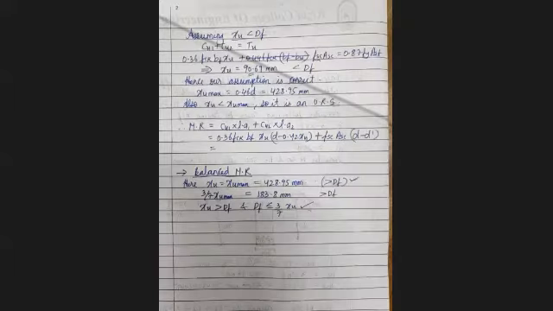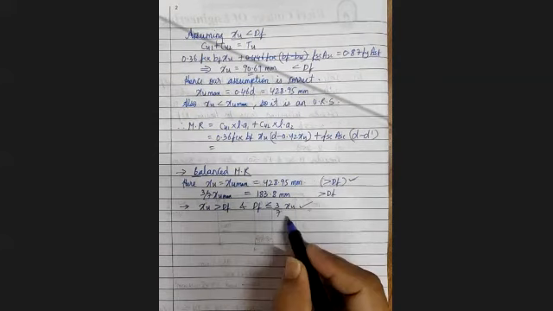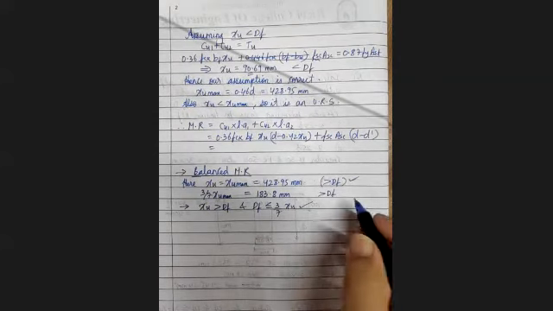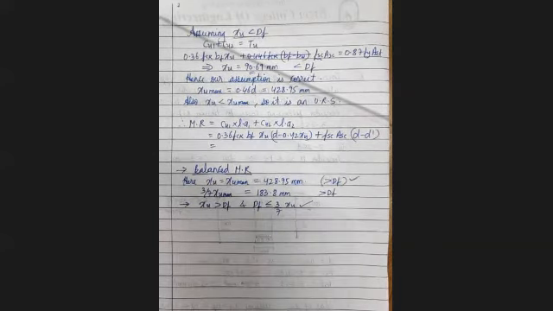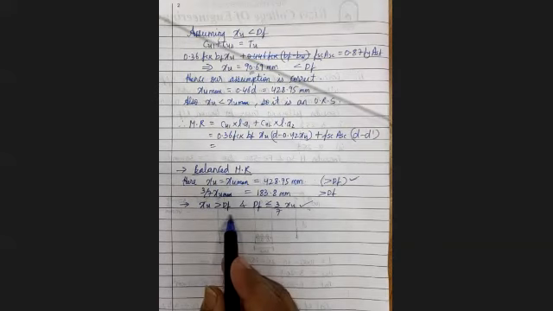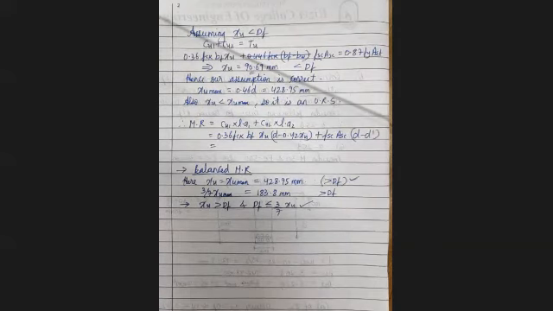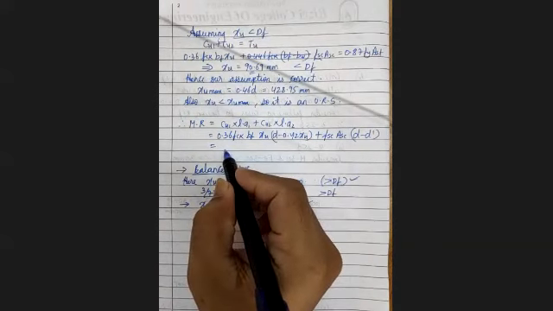Understood? So in this do not make mistakes. It is better to write down the case first, as I have written. Then seeing this you will understand that Df is 100, so 100 is less than 183, so the second case is applicable. Now it is the same procedure: find out the balanced MR. Use the MR equation for the second case and find out the MR. Did anyone get this value?